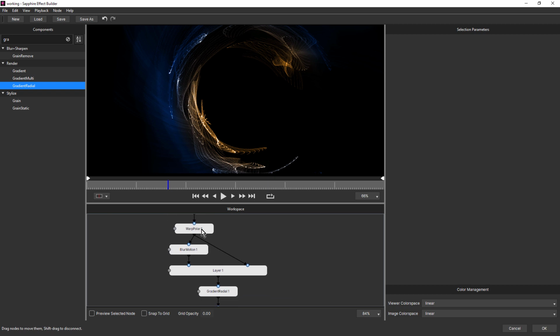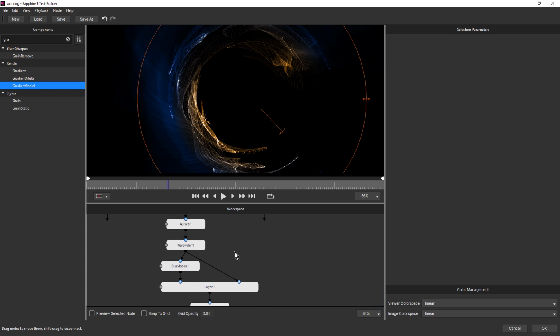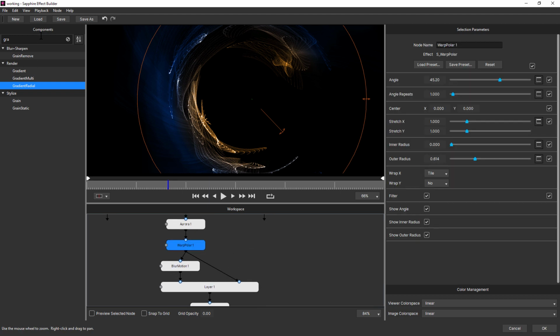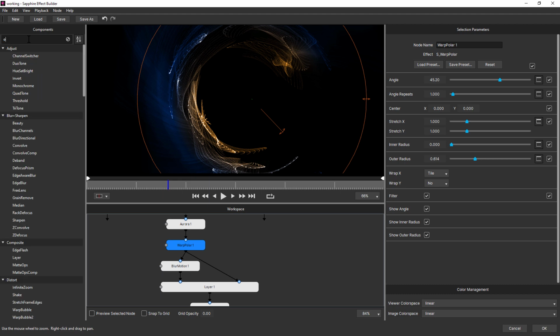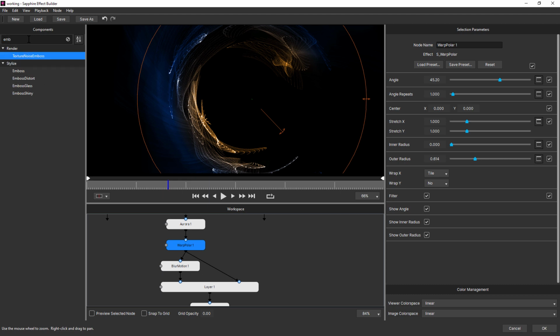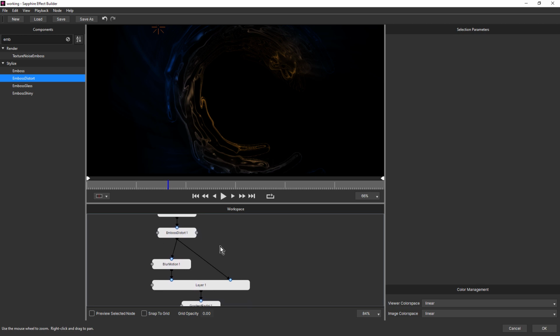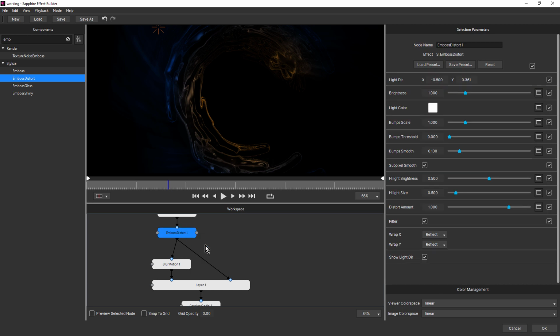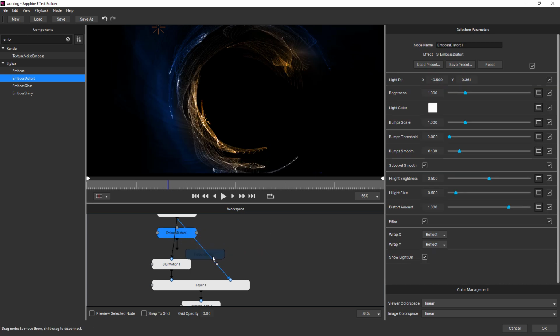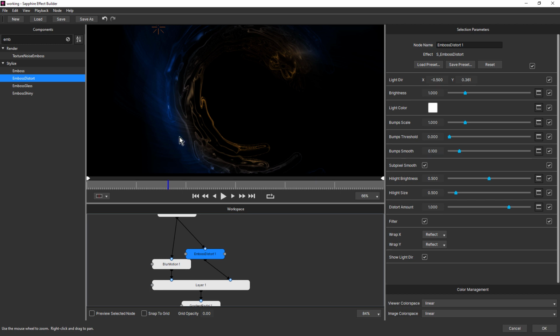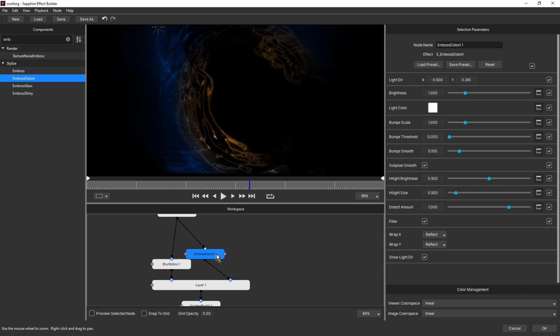Let's try, we'll click on warp polar, and let's try some distortion. I used emboss distort a lot for my S-Effect presets in 2022.5. Why don't we try that? Now, where do we want this? We'll disconnect it. We want it to be there because we don't want it to affect that blur motion. Okay.